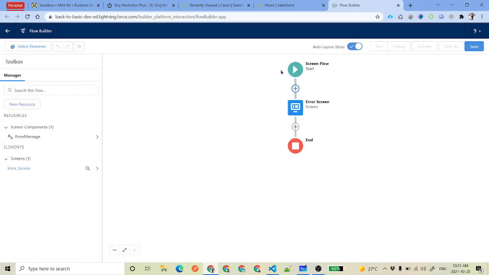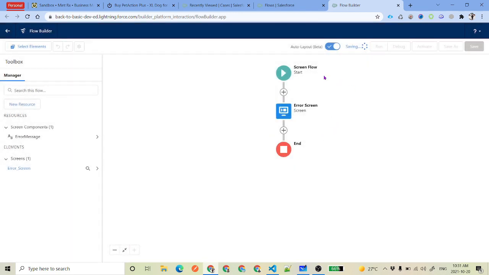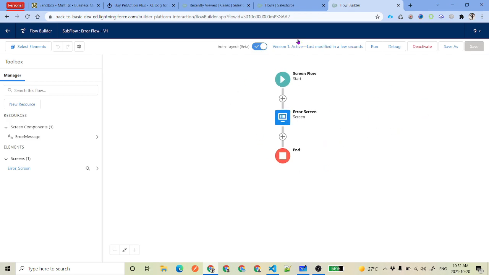So this is the very first flow which we are going to have here. We will go ahead and save this, and we will say it is a subflow, and then that it is our error flow. The reason why we are saying subflow is so that we can easily identify that this is going to be our subflow for one of the parent flows which we will be developing. Go ahead and save this. There is nothing as such to debug this. We will quickly go ahead and activate this. So this is our first flow which we have just developed related to the error.